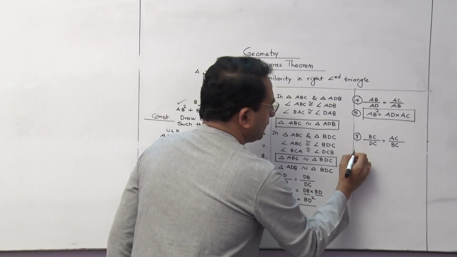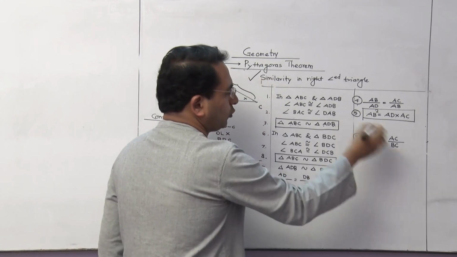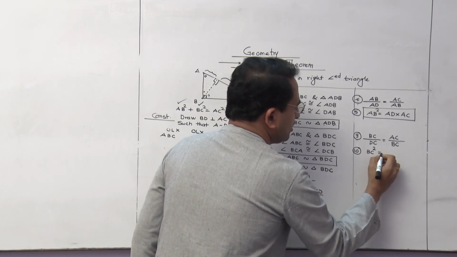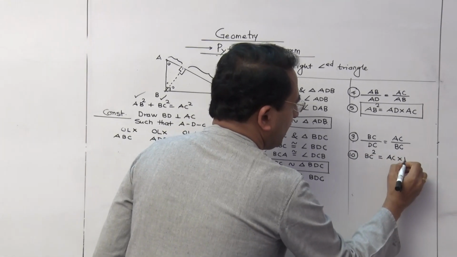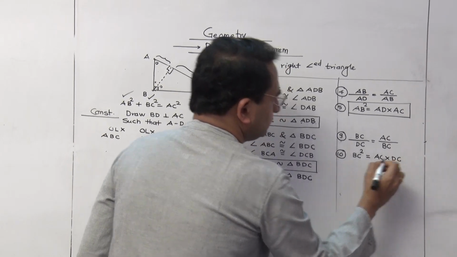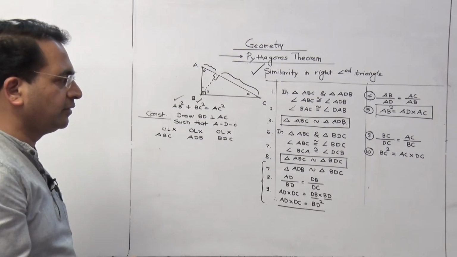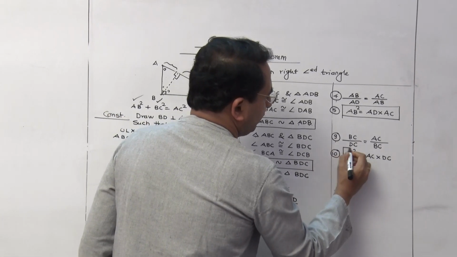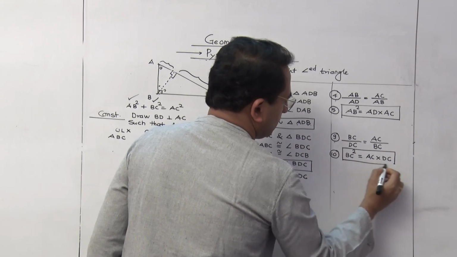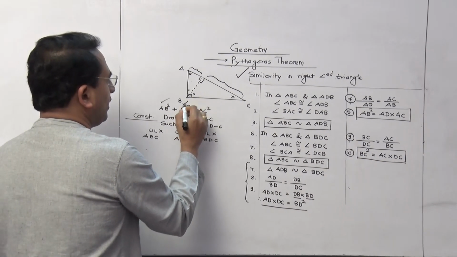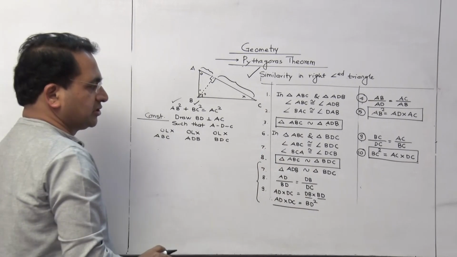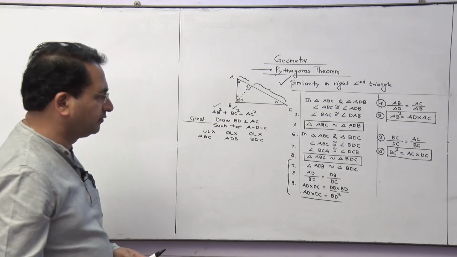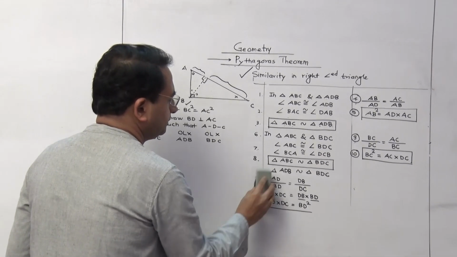Now we'll go ahead, the 10th one. Now you cross multiply. So we are going to get BC square is equal to AC multiplied by DC. Are you getting it? And therefore, this is also one of the important statements, because we need BC square. So we have got the two answers. And now what do we have to write? We are going to make use of the last statement I am writing here.